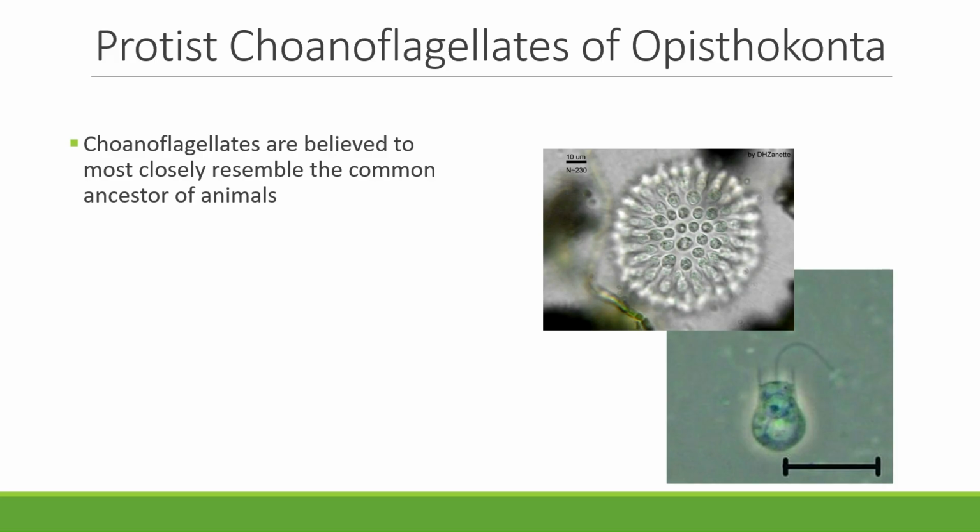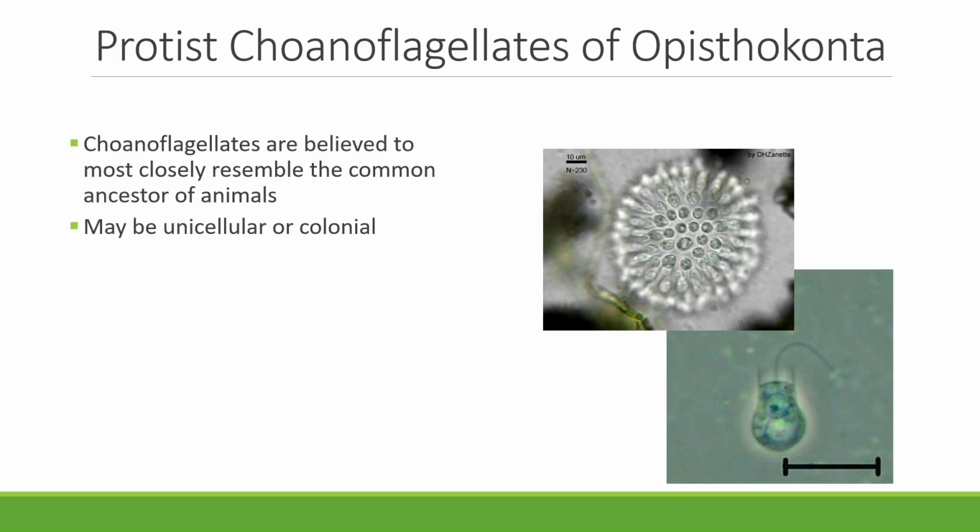This is our first major branch in the animal story. Before animals existed, there were unicellular and colonial protists within Opisthokonta. No true multicellular life forms yet. That is where our lineage begins. The term Opisthokonta refers to organisms whose ancestral cells possessed a single posterior flagellum. And you can see this feature in animal sperm cells today, but also you can see it here in the image in the bottom right in this what we call a